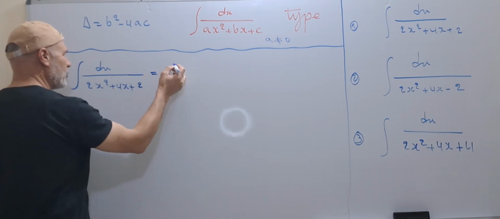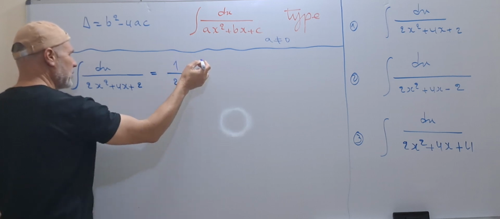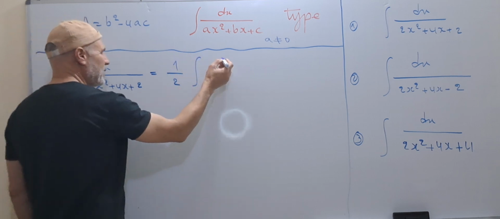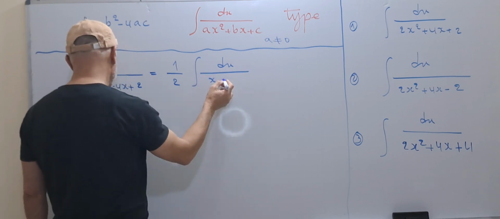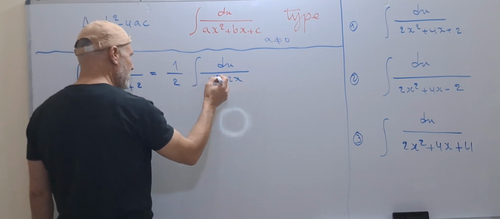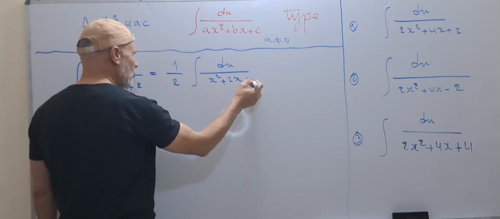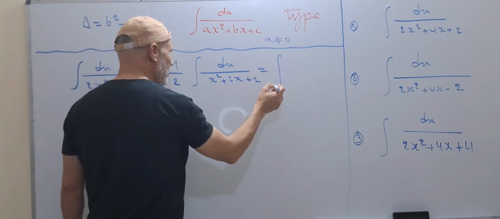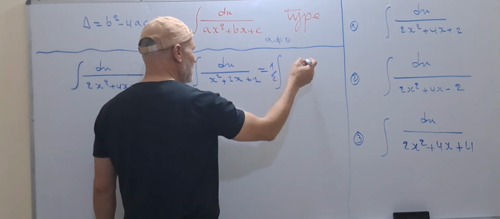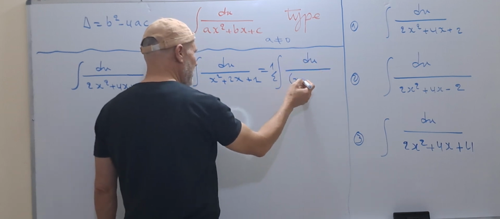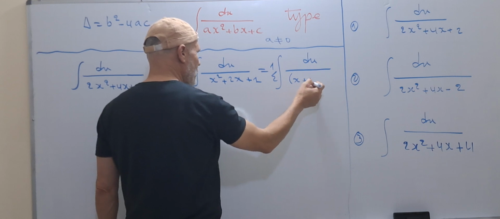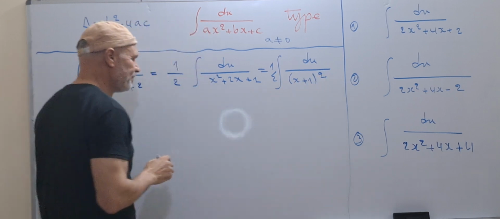This is equal to 1 over 2 the integral dx over x squared plus 2x plus 1, which is equal to the integral 1 over 2 dx over (x plus 1) power 2,